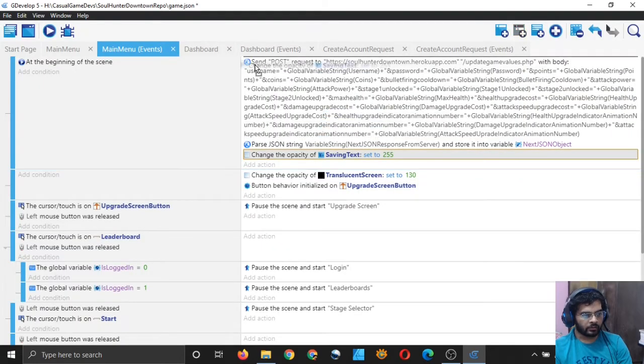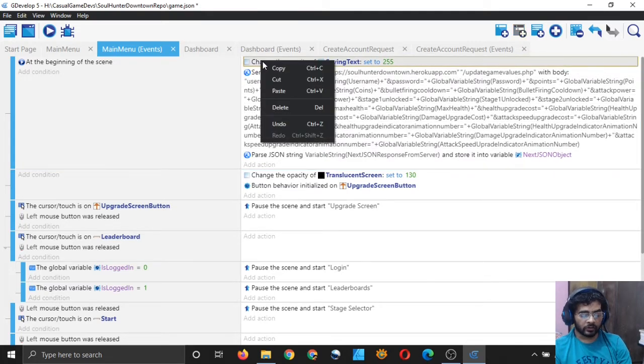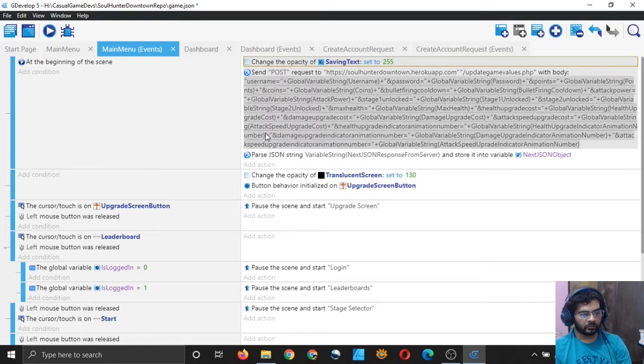And bring it to the top. First this will happen, then we will send the request, and when we have received something from the server, either a failure or success, we will simply change the opacity to 0, make it invisible.